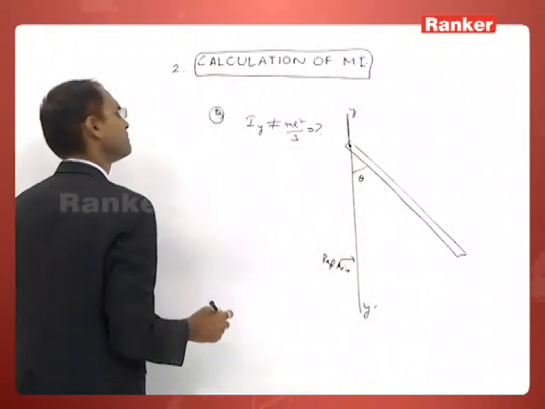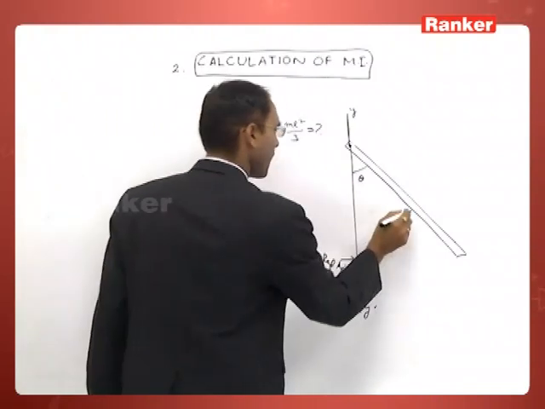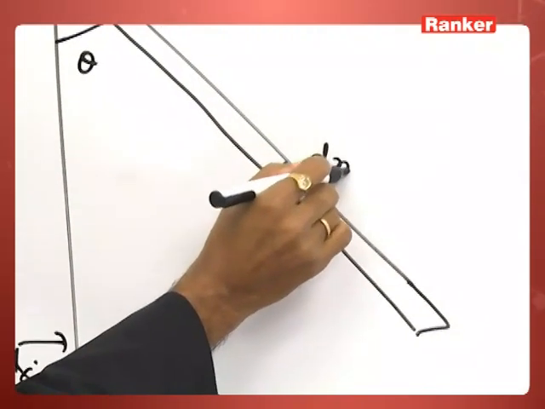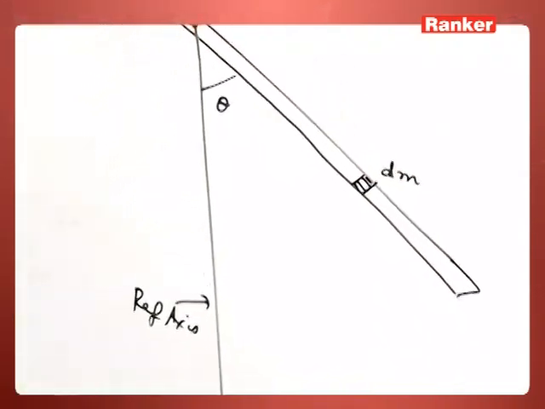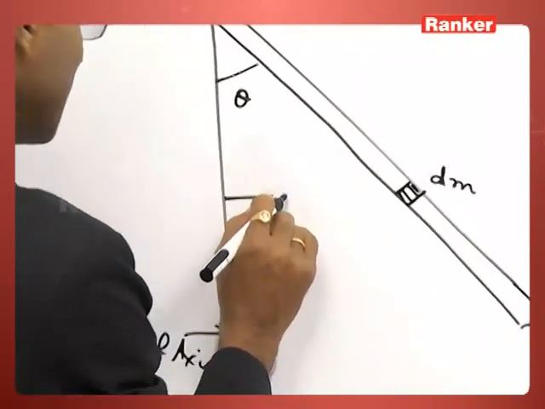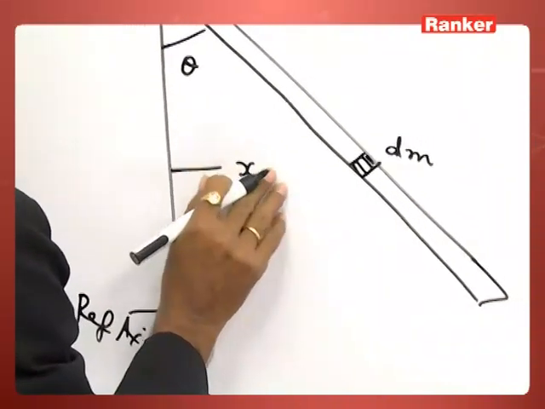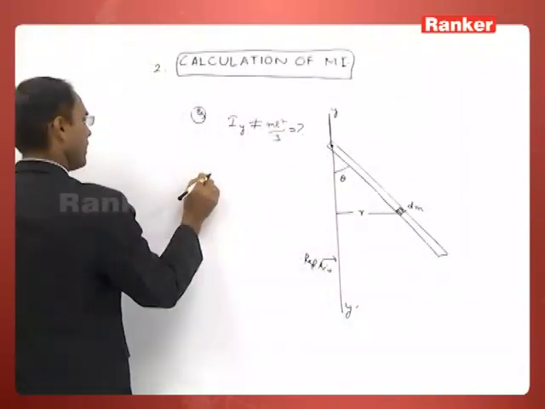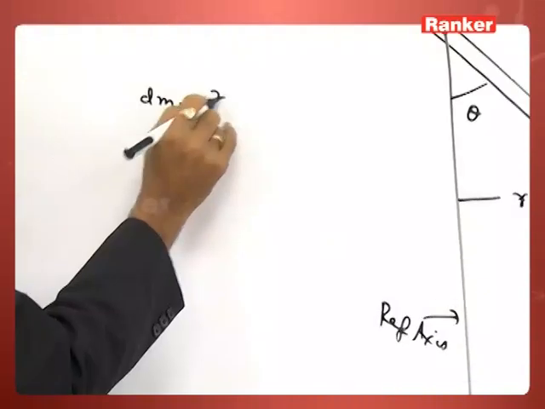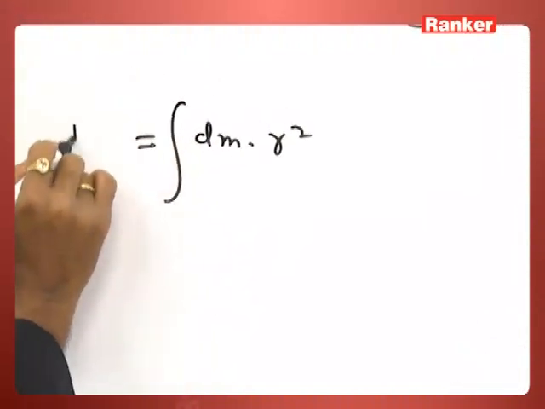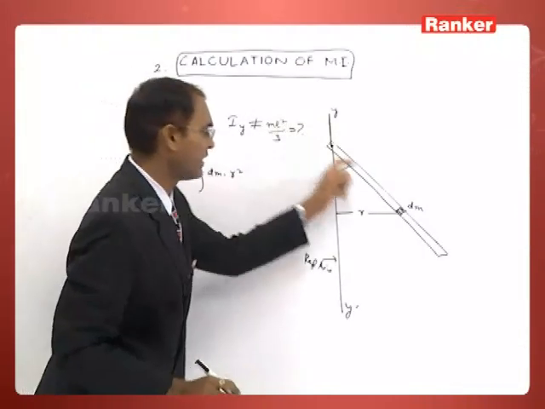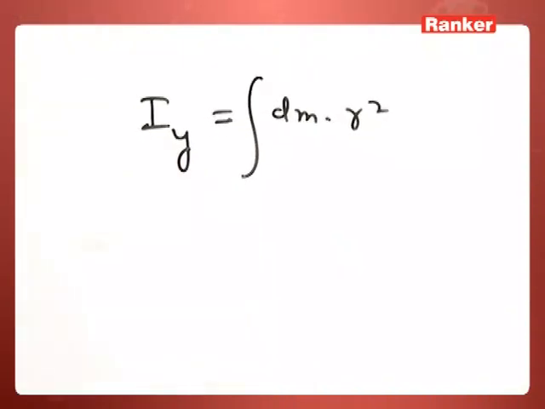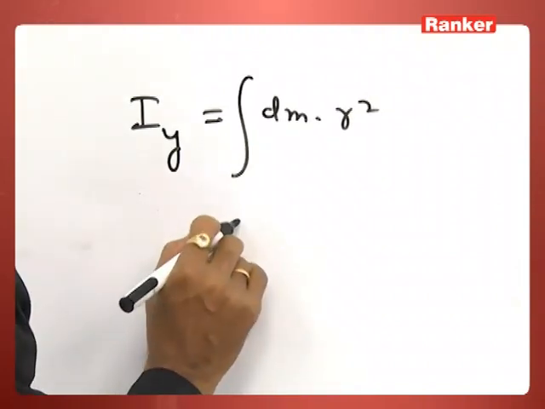We state that the moment of inertia of a point of mass dm about the given axis is given as dm into r square. If you integrate it, you are getting the moment of inertia of the entire system, the rod, about the y-axis. Here r is equal to